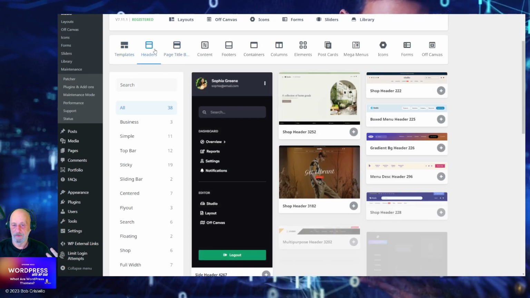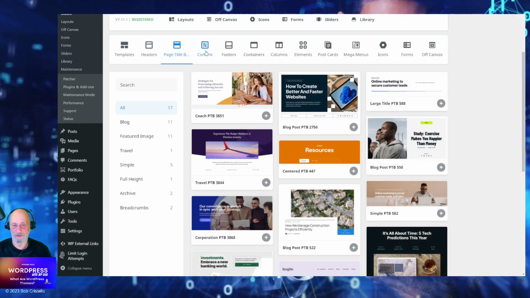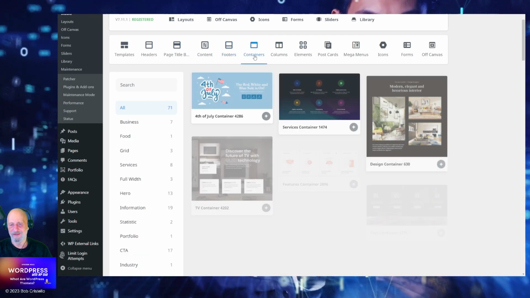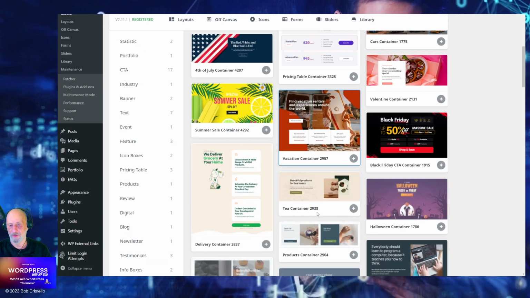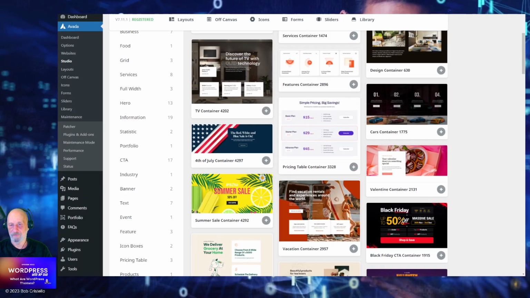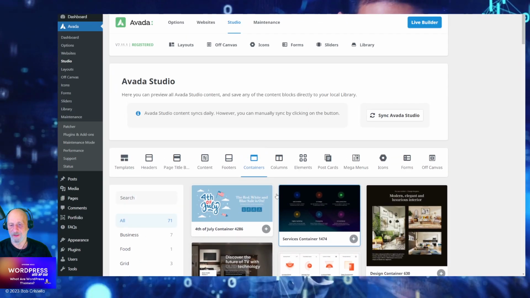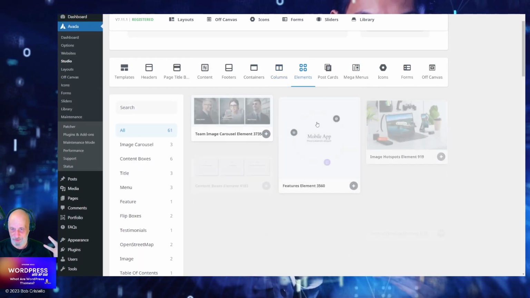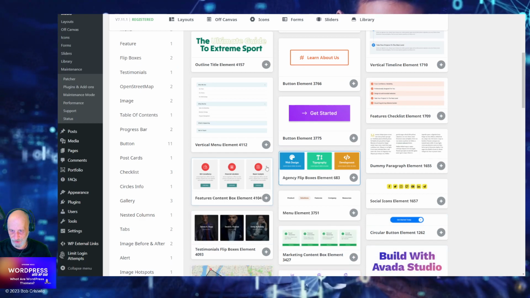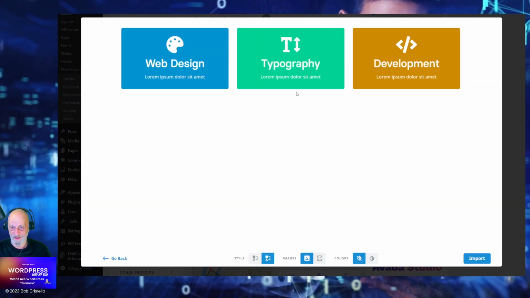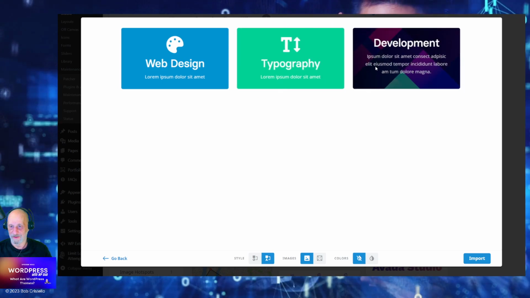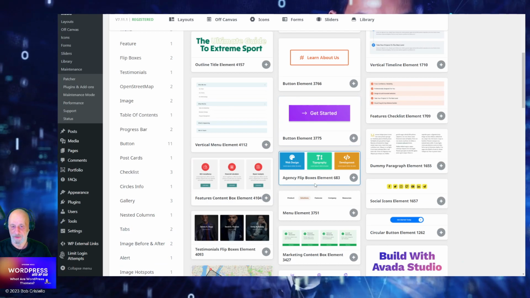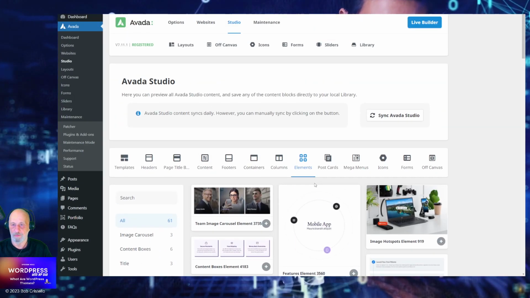More than that, you've got headers and page titles, content blocks, the way footers should look, containers that can go within your pages. So not only can you take these full page layouts, but you can take all these little pieces, and they all contain these beautiful elements. This is one I love. I use this all the time. I love these things. But you import them in, and then you change them and you modify them, and you build a website.